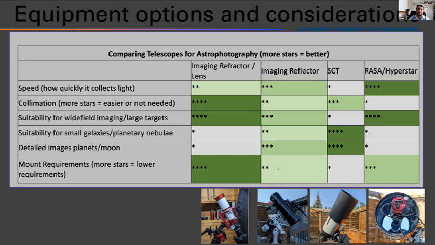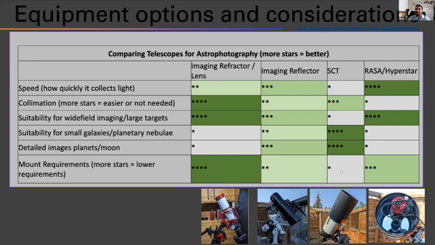They do require a fairly beefy mount, especially for their aperture, but their focal length is not very long, so they're not as demanding in terms of tracking. So I usually recommend something like an EQ6R or an HEQ5 or iOptron SEM40 class mount for the average Newtonian reflector, like my 8-inch f3.9.